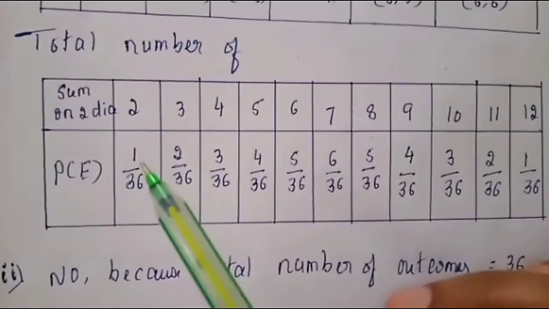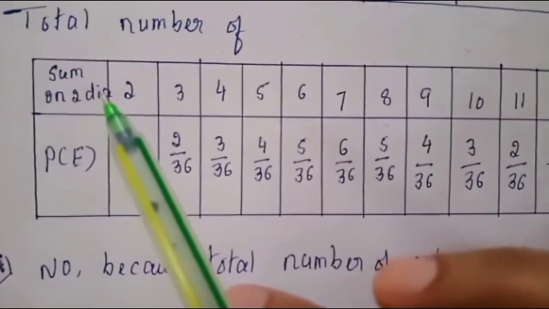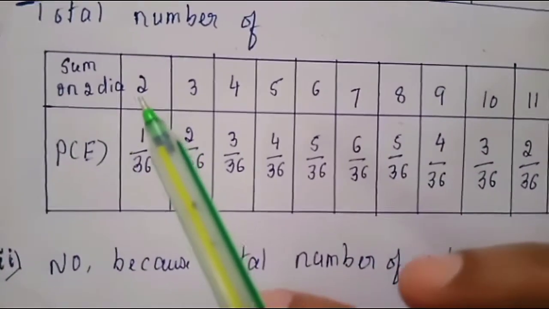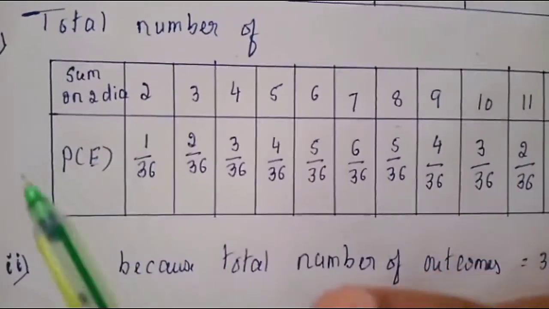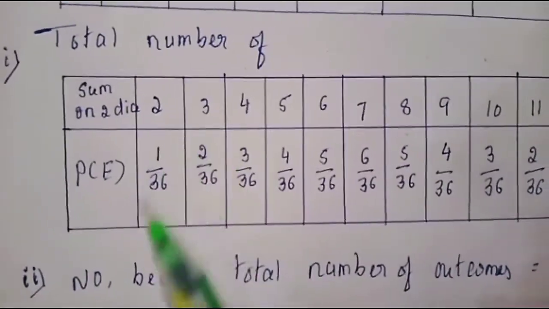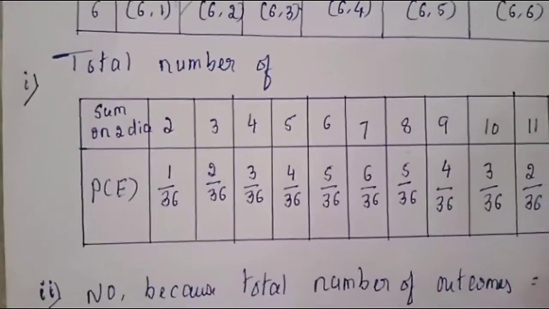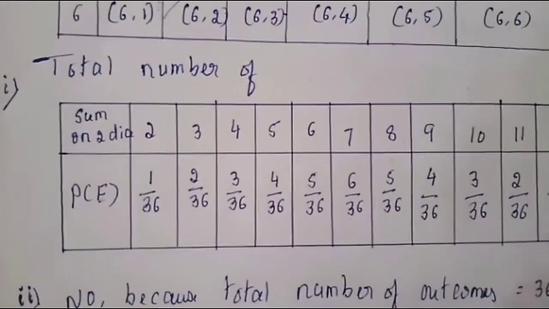So this is how you answer, by seeing the event that has been given. Sometimes they may ask you the product on 2 dice. Sometimes they may ask you factors or multiples or divisibility. Any concept they may ask you. Any number of events we may be asked from this table. So try to see the event and answer the questions.